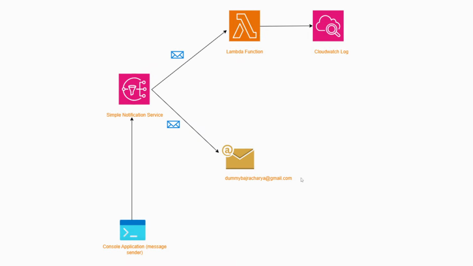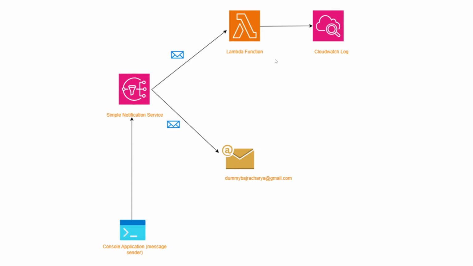So in this video, we will be creating a simple notification service, and we will also be creating one simple console application where we will send a message to this service. And what this service will do is send that message to different receivers. The receiver can be a Lambda function, email, or SMS, but for this video we will be using an email address